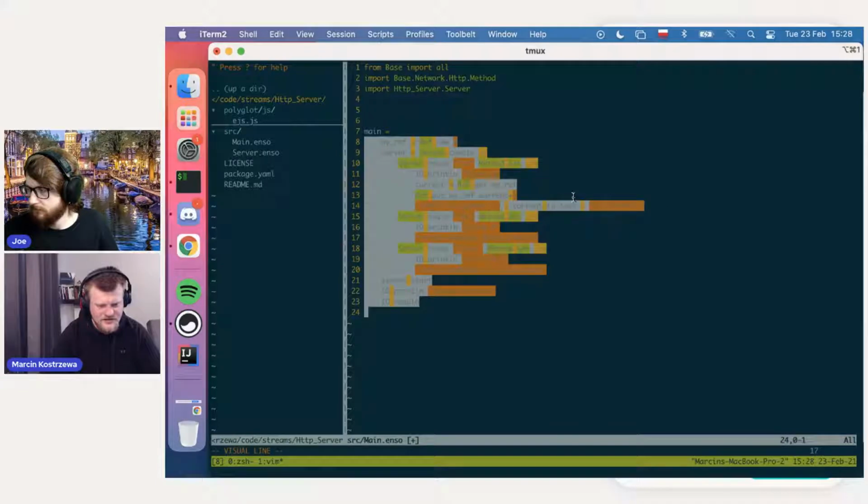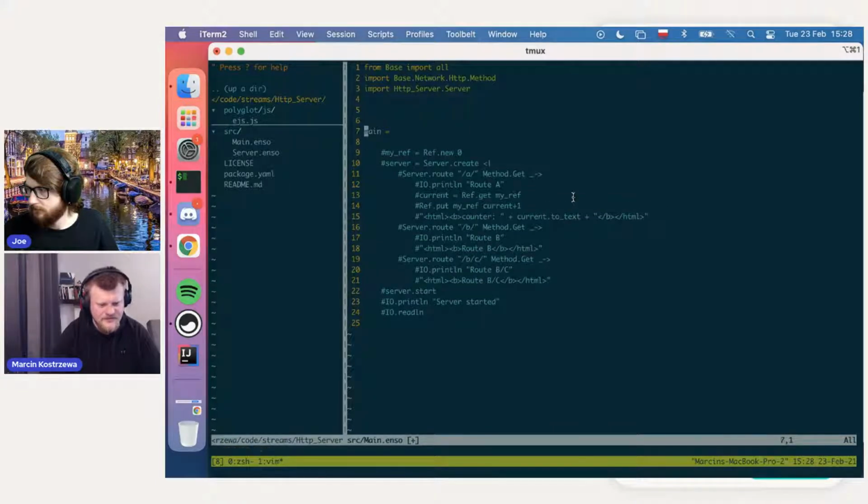And actually, let's comment all of our server out for now, and we'll just be focusing on EJS. So how do you call something in JS? Well, you just go polyglot JS. Foreign JS. Let's call it load EJS